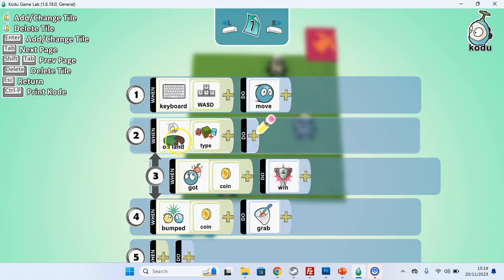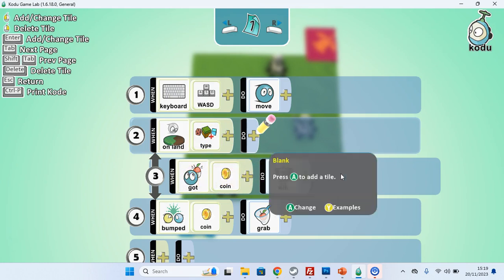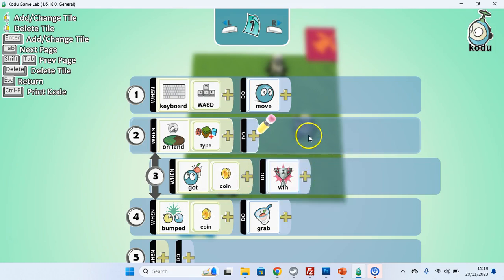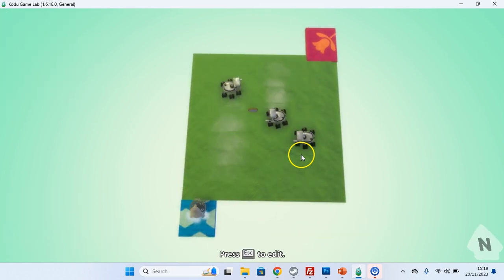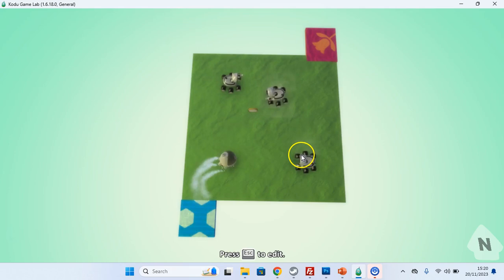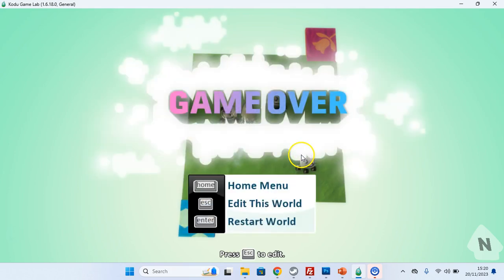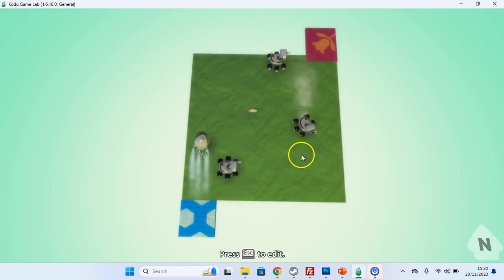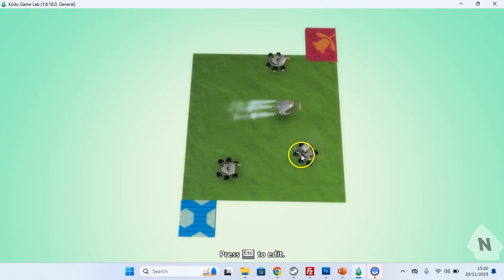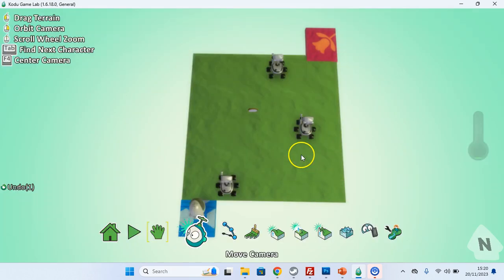So what it says now is when I'm on that type of land, only then will I check if I've got a coin. And if I have got a coin, then I'm allowed to win. So both things have to be true at the same time. And if I just test out this level now, it's going to be a bit tricky. So that was game over. Let me try again. I've picked up the coin, I've raced ahead, oh, and also game over. And I'm out of